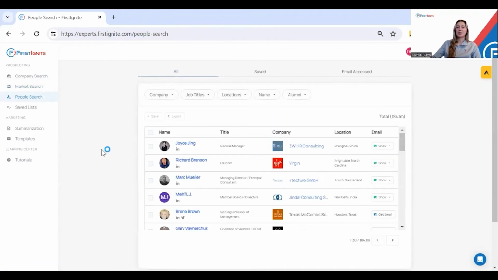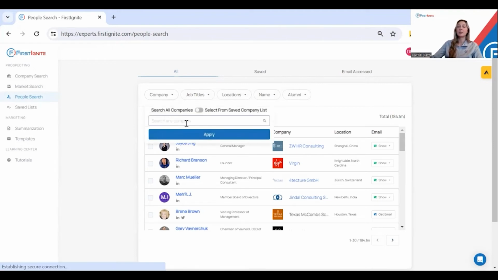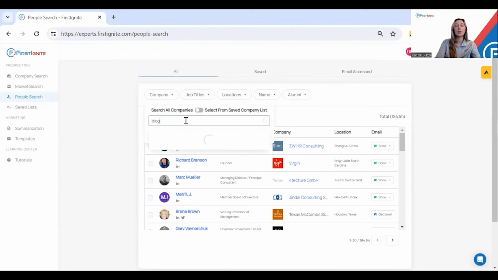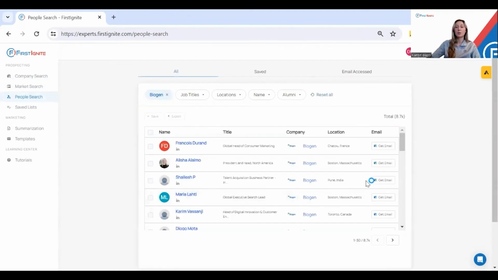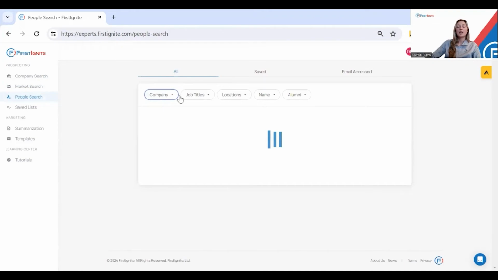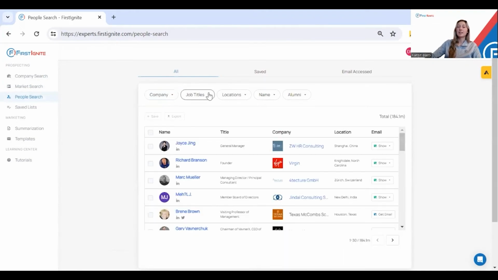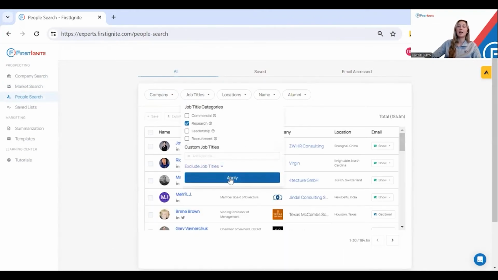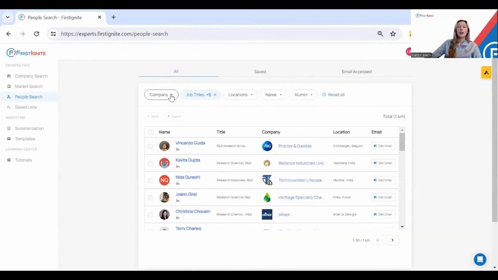I like using the people search page because I like doing my company searches first and then moving on to my people searches. Here on the people search page, you can search for individuals specifically by a company. So if I wanted to do that, I could type in the company name and then all of those individuals will appear. To speed up the prospecting process, I like to set my filters ahead of time and then turn